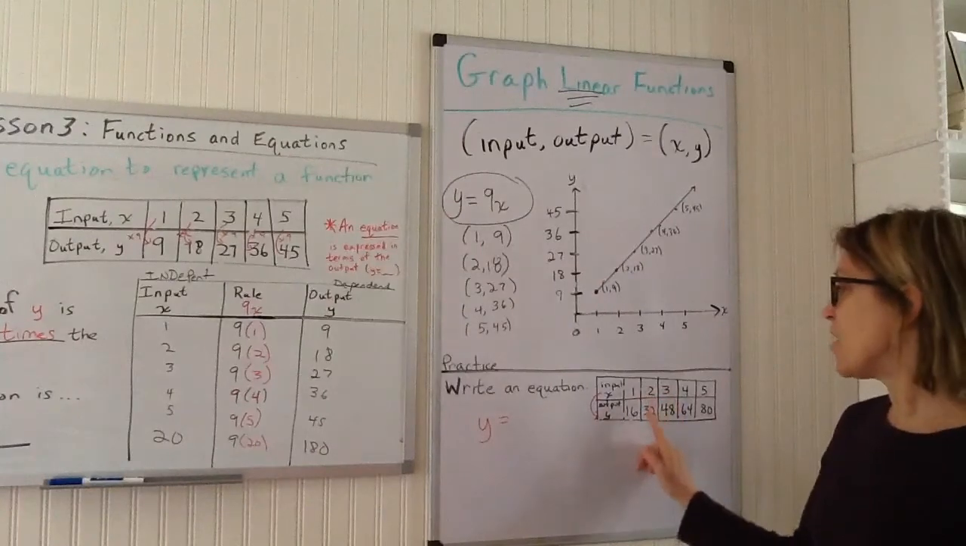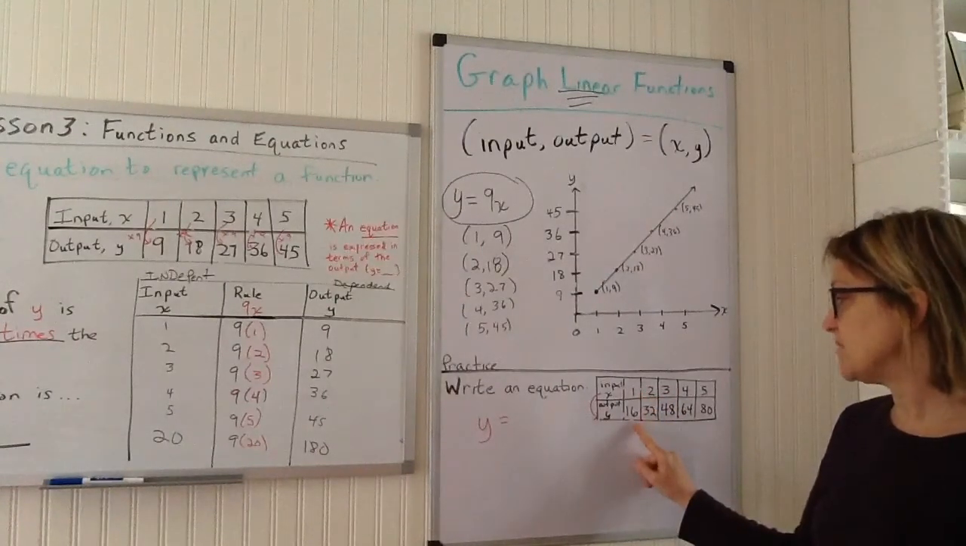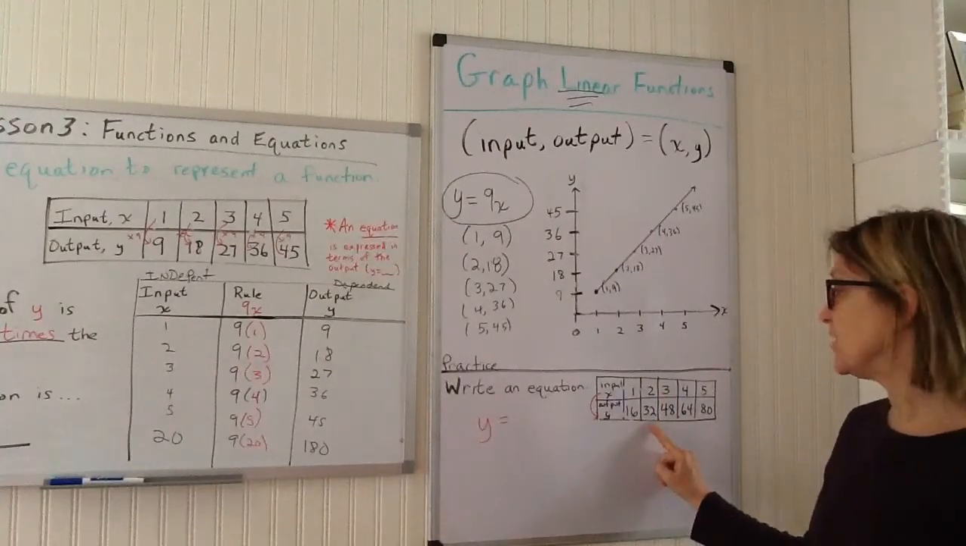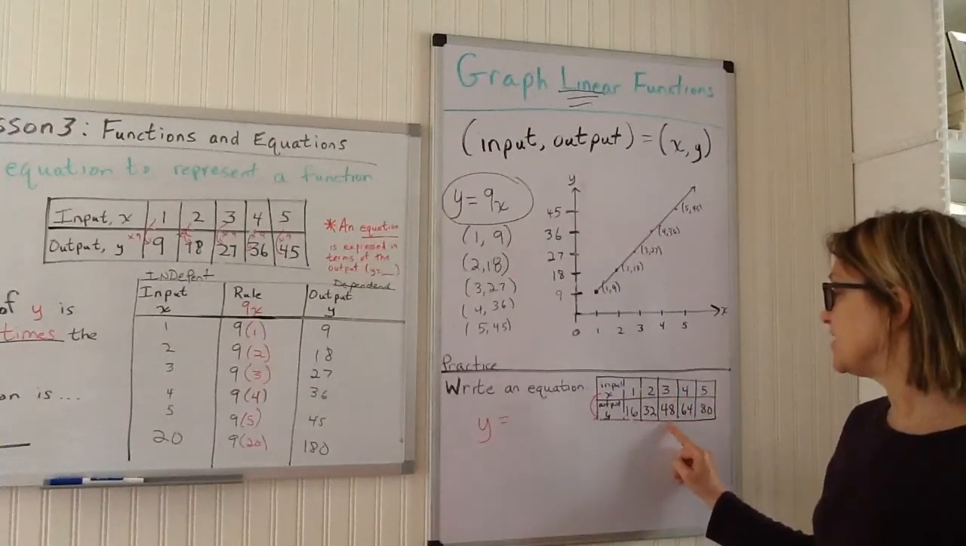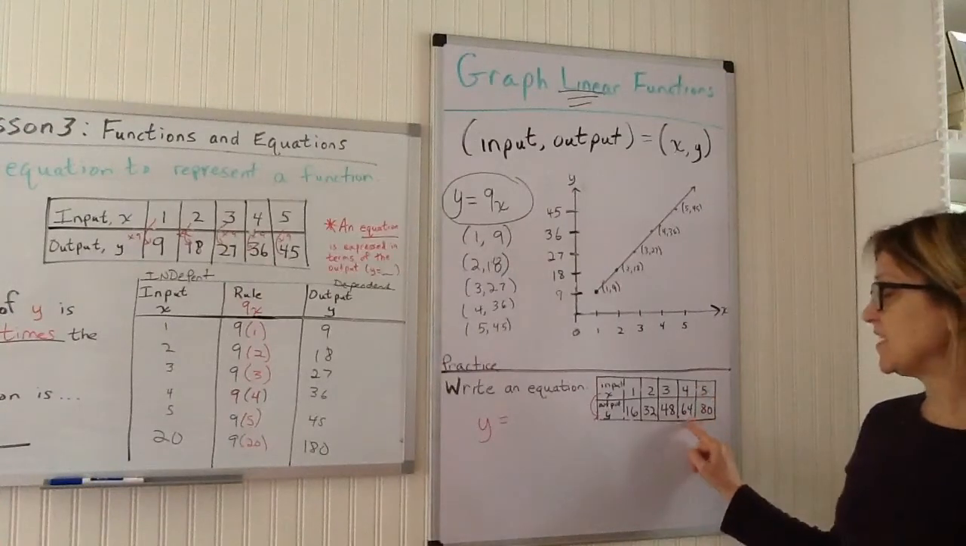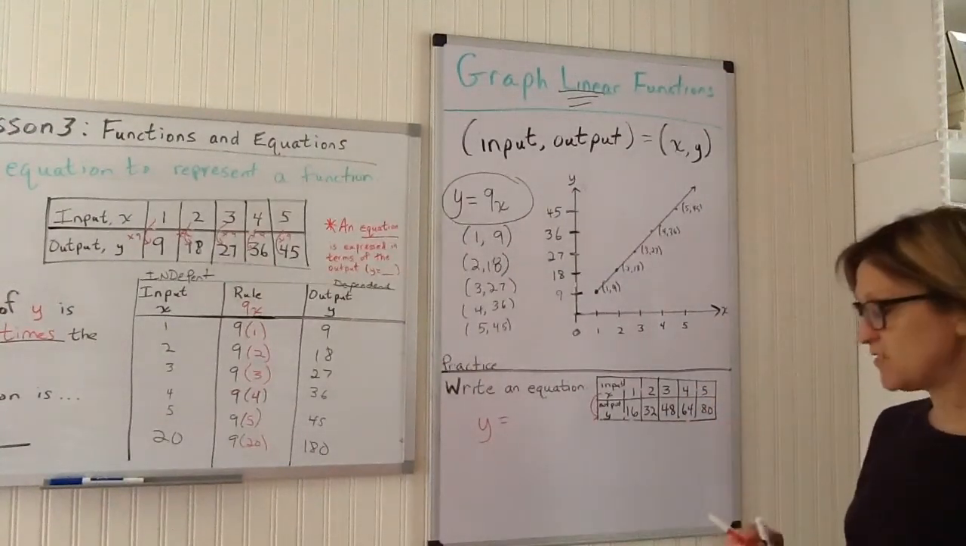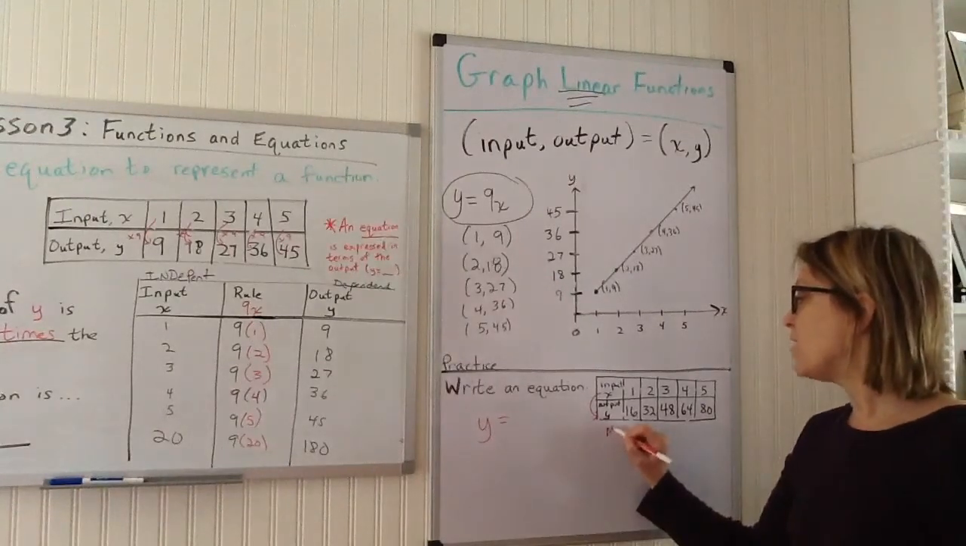So I'm going to try multiplying by 16. 1 times 16 is 16. 2 times 16 is 32. 3 times 16 is 48. 4 times 16 is 64. And 5 times 16 is 80. So I just found my rule. I multiply